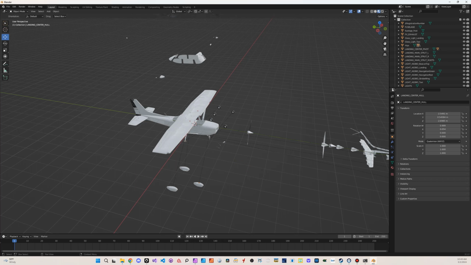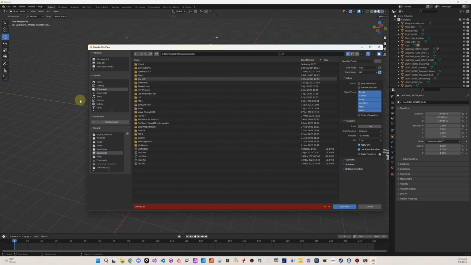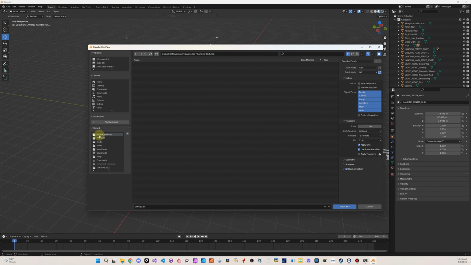Okay, so now we've done the smooth, and now we're ready to export. So we're going to come up here, and we're going to go to export. We're going to come down to FBX. And where I put these again is, if I go to my original textures directory, I've got a model directory I like to save these in. I'm going to call this